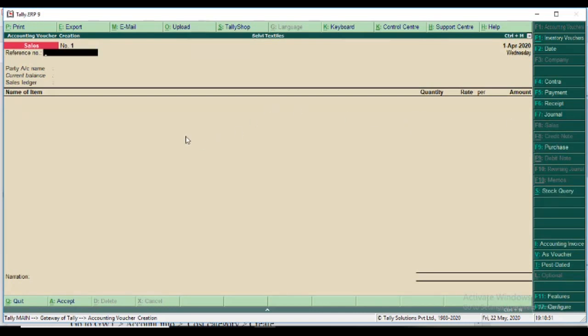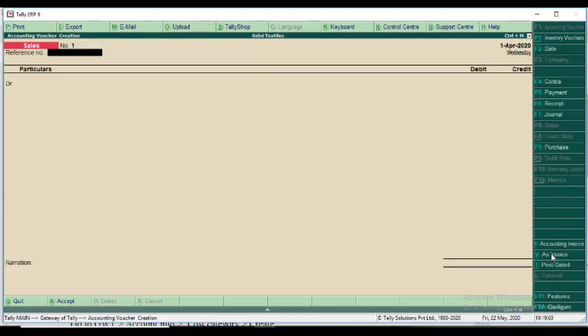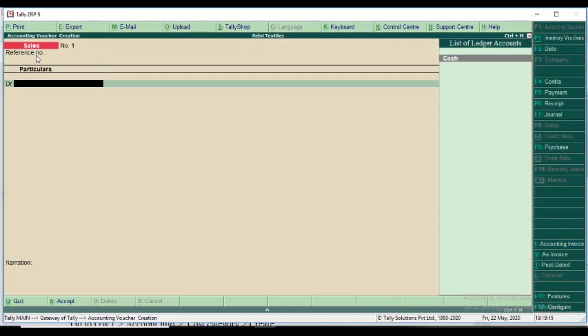You know, the sales screen is in invoice mode, so I change it to voucher mode with Ctrl+V. The date is the same date. Then the next step, reference number, I leave it blank.